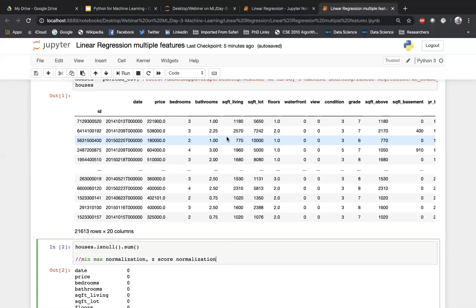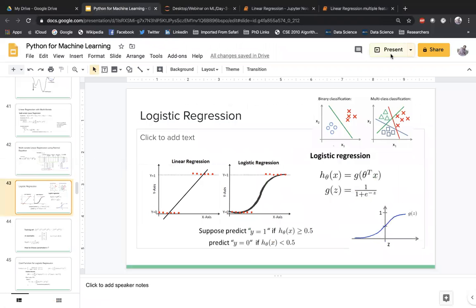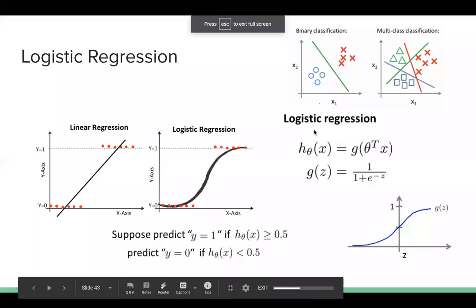Applying normalization and considering some more features in our feature set will improve the mean squared error of this particular model. So I would like you guys to take it up as a simple exercise, try it out for yourself and let me know your result. Okay. So with that, our multivariate linear regression part is done. Now moving on to the next algorithm, which is logistic regression.